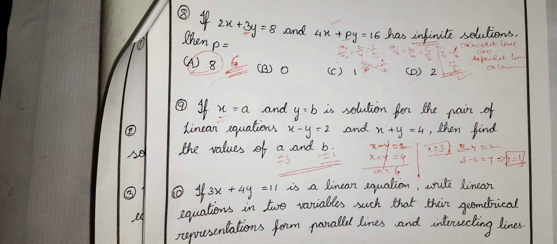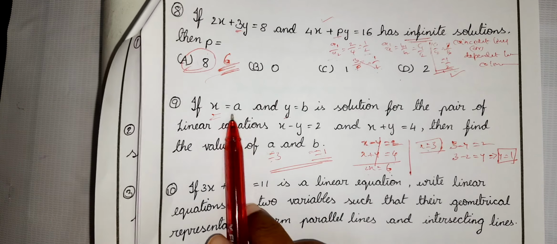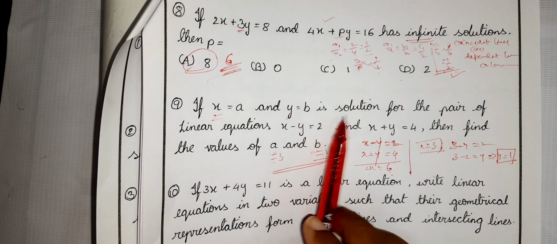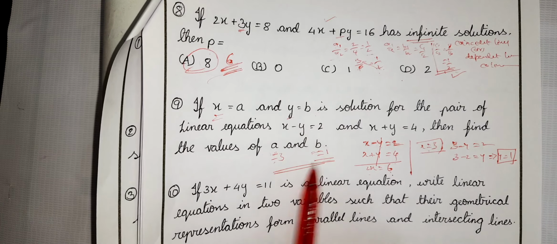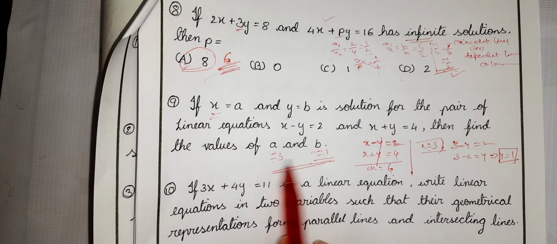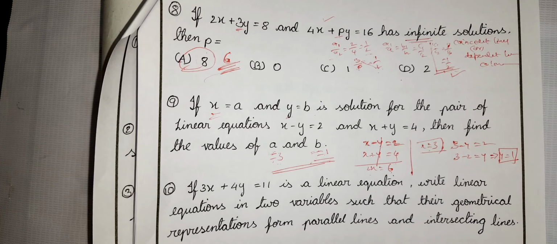That's all. So don't get confused here. He just wanted to confuse you. That's why he gave a and b as the solution. He's asking for x and y as the solution. Find x and y, that's all. But while writing, you have to write, therefore a is equal to 3 and b is equal to 1. Without writing this, if it is a 2-mark question, you won't be getting the marks there. You will be losing 50% of the marks. So remember that one. That is why they will be giving it to you like this.